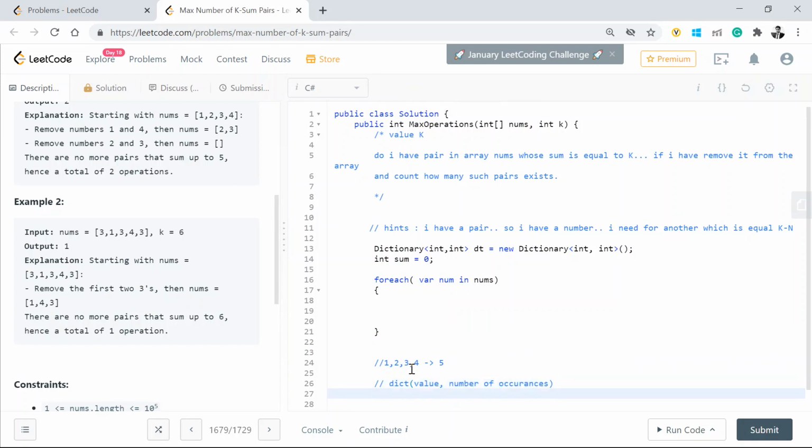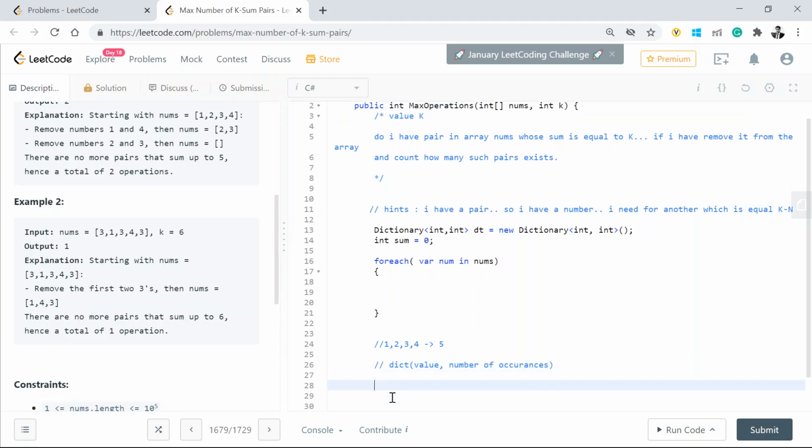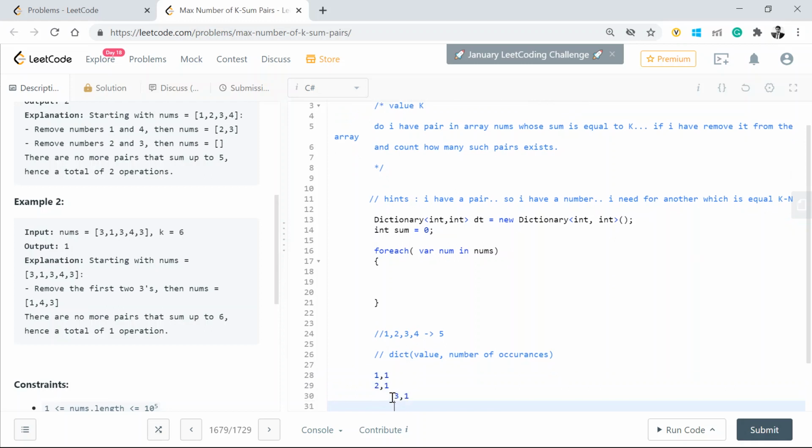In the first go, my dictionary will have 1 with value 1, because I don't have any other occurrences. I have 2, which is again value 1. I have 3, which is again value 1, because there is only one 3.